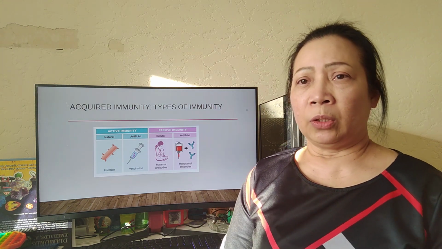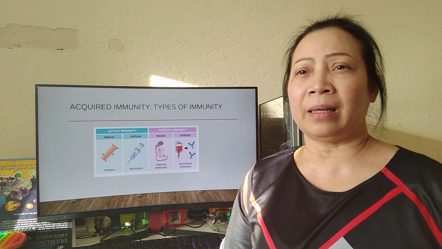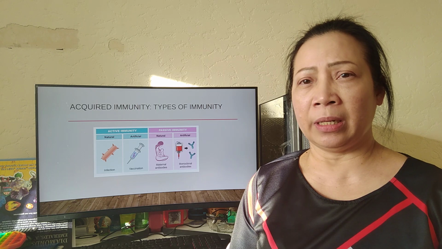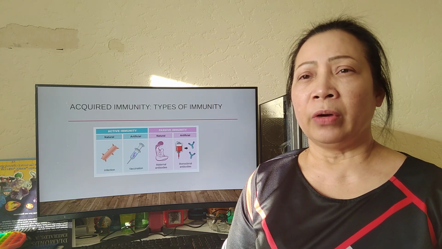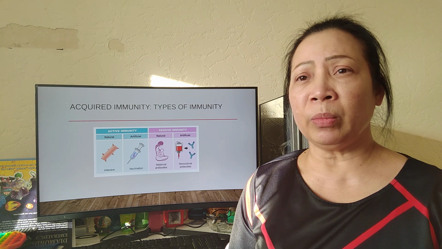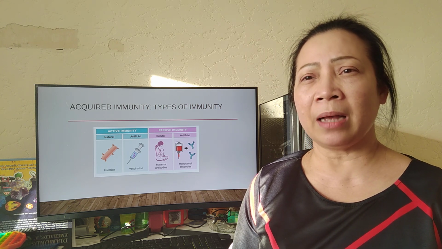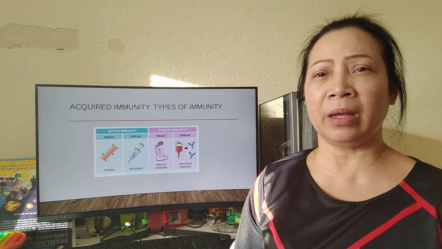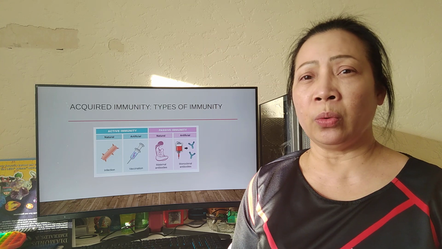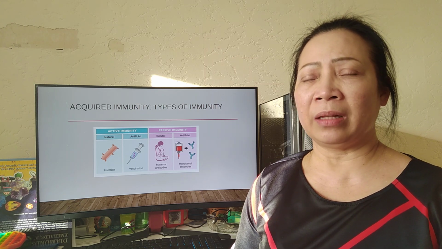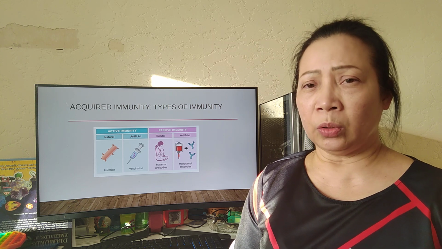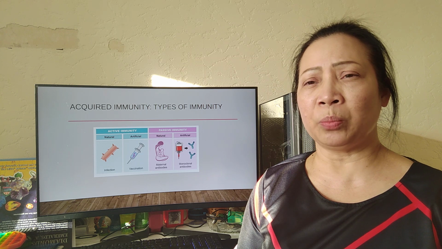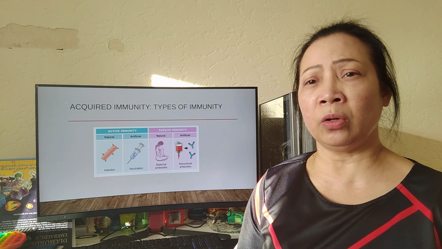So, let's have a look at 2 different ways that you can make antibodies against pathogens. One is naturally acquired and the other is artificially acquired. That means for the adaptive immune system, it can happen actively where you create the antibodies. Naturally means you are getting something from the environment and you're creating an immune response to it. So usually this is some sort of infection, so your body mounts an immune response creating antibodies with immunological memory